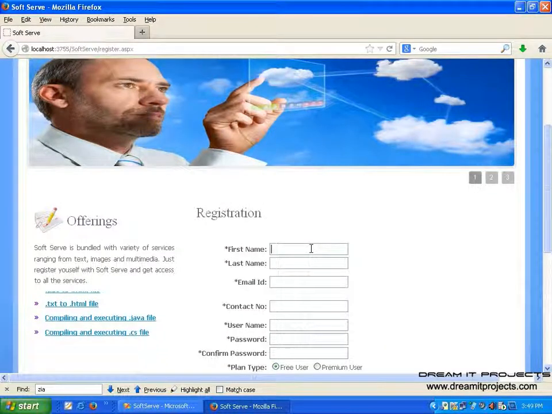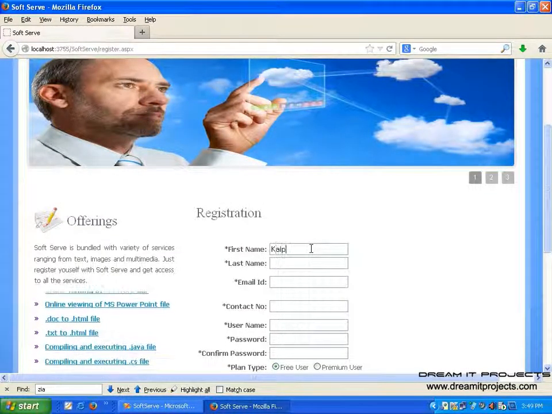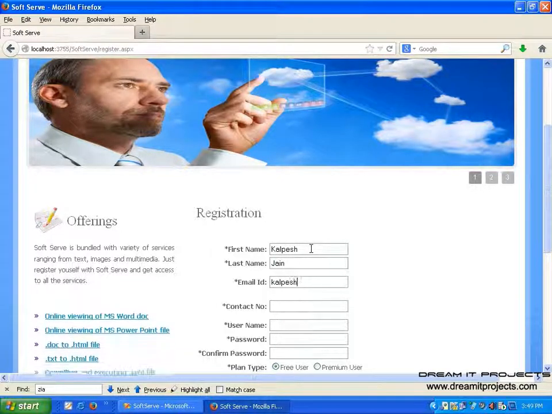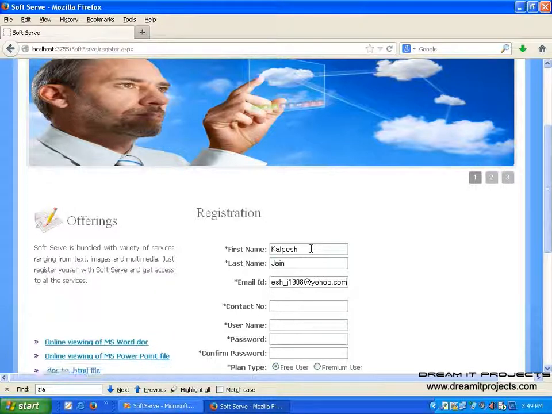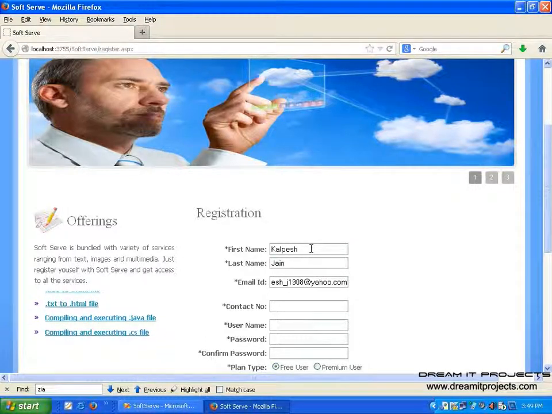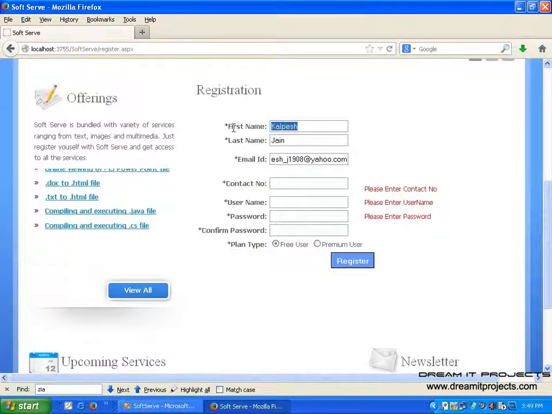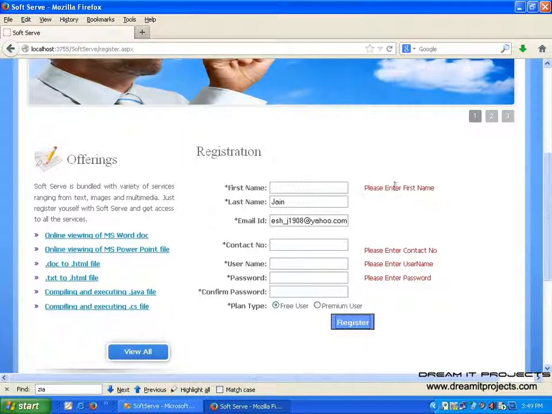Now for demonstration, let's start with the basic validations which we have taken care of. Let's say I'm leaving all the required fields empty. Let's say I'm removing the first name, so there is a message: please enter first name.